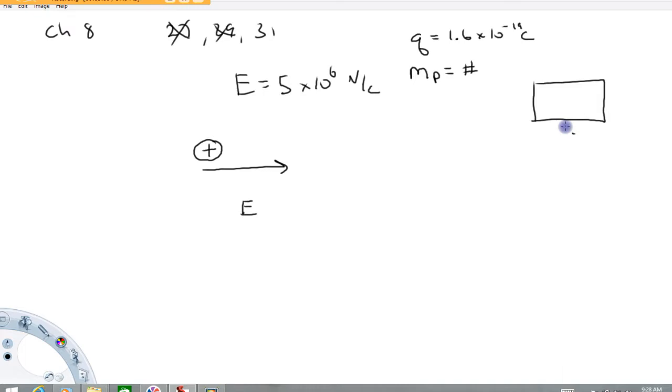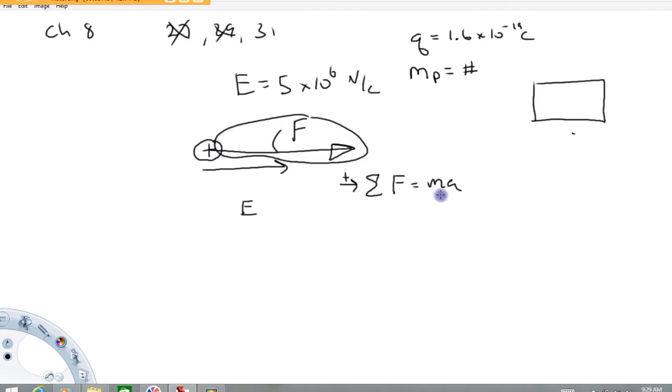Now, it says to find the acceleration of the proton. So I'm going to start by drawing a free body diagram, which means put force vectors on this. So the Coulomb force, the force created by this electric field acting on this charge, would be this way. And the reason is because the electric field direction is defined as the force direction on a positive charge. And this is the only relevant force acting in this problem. So now we can apply Newton's second law, which says the sum of all forces equals mass times acceleration. I would just go ahead and do right positive. There's only one force,